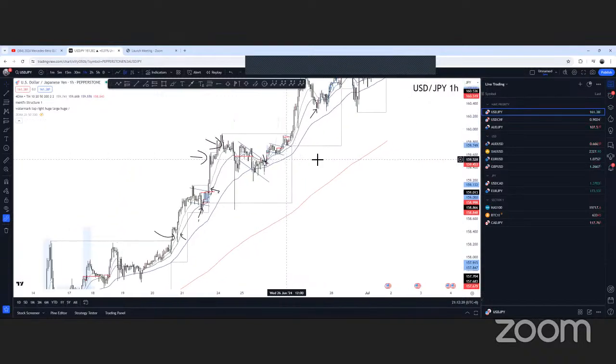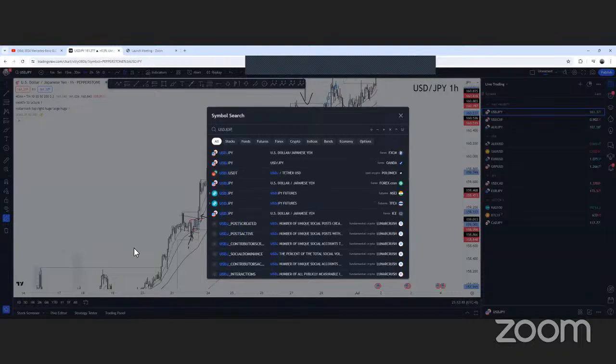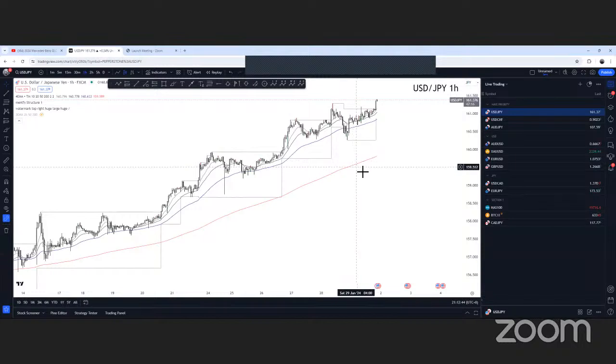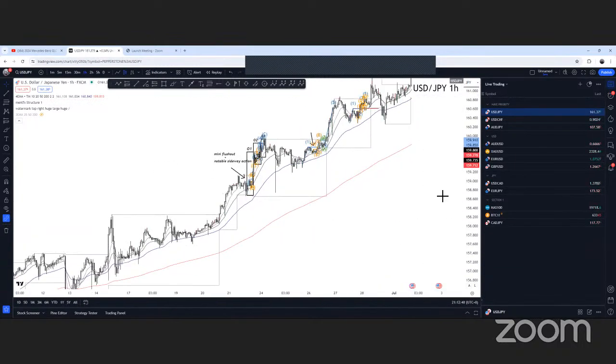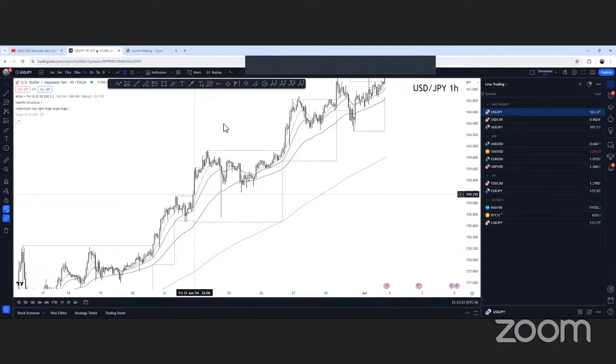We don't even focus on that anymore. I'm going to change it to FXCM just so that I don't have my drawings all over it. So yeah. All right. The thing that we're focusing on, if I can hide my drawing first, is usually